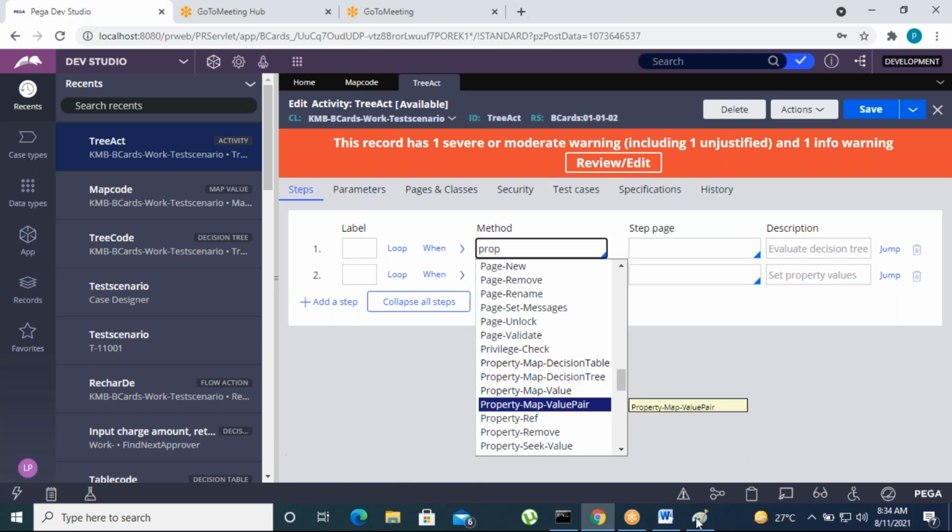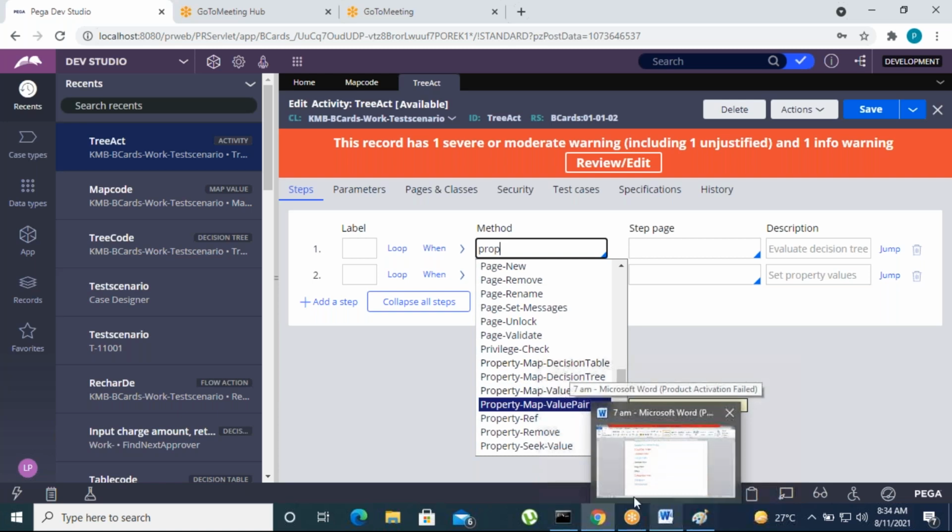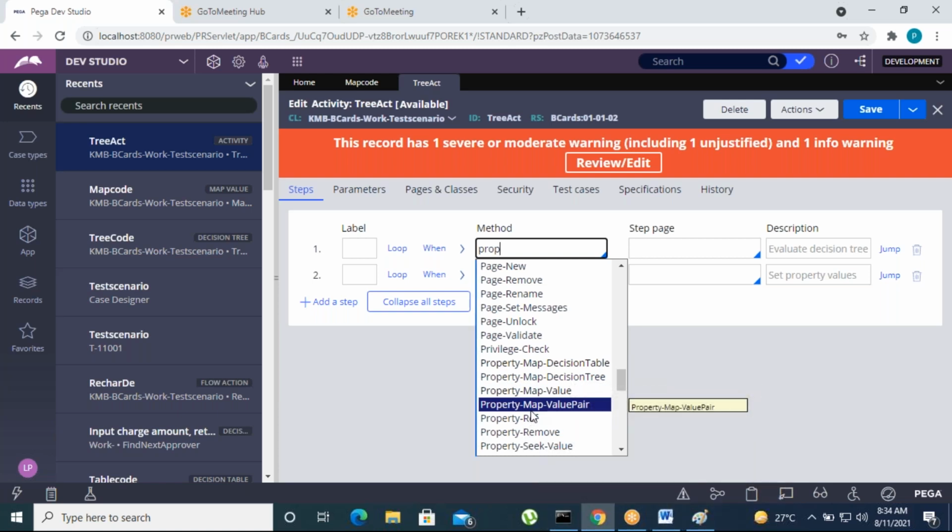Property map value pair is when there are multiple rows, more than one row and more than one column. Suppose you have only one row and only one column, like Facebook username and password, one row and one column, correct? In that case, we can go for the property map value. Suppose multiple inputs and multiple outputs, correct? In that case, we'll go for the property map value pair.